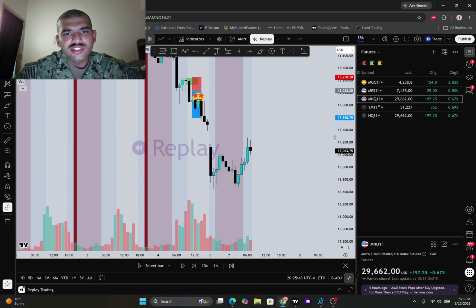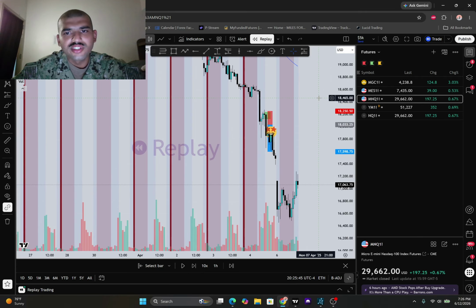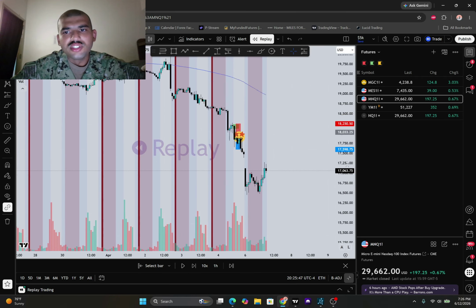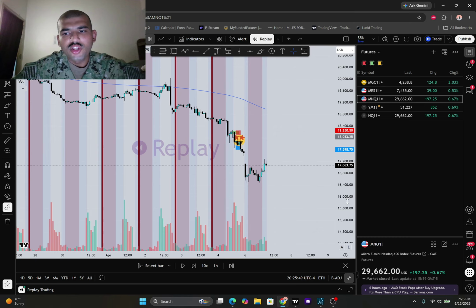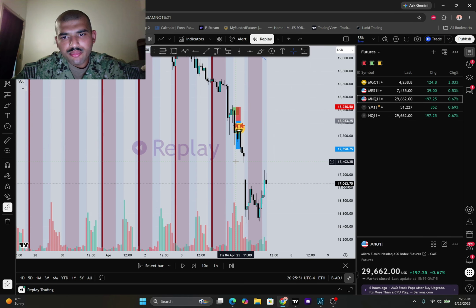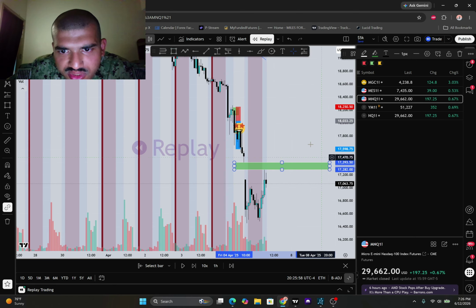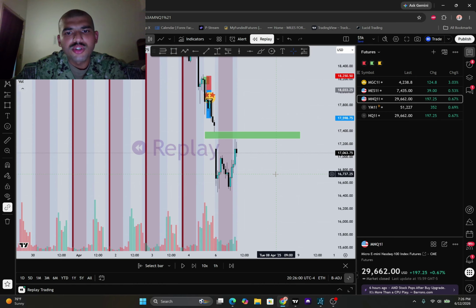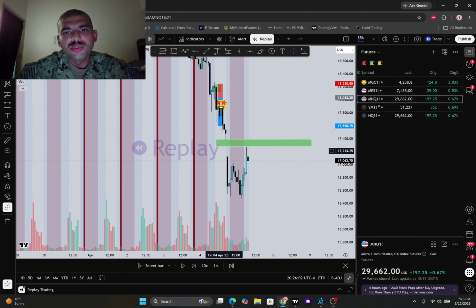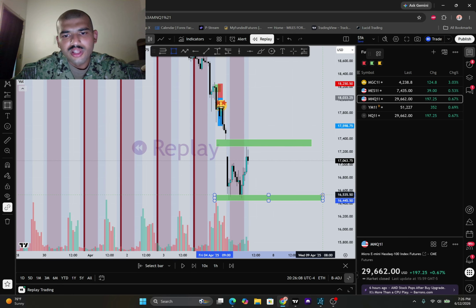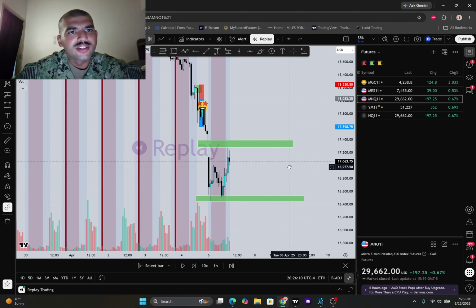So on the hourly, I mean, we see that it's continuing down, right? We see that we were on a downtrend right here. Market opened up with the gap right over here, but the gap has not been filled yet. So let me mark the area that's not been filled yet, because gaps always get filled in the market. So let me just mark that down. But what do we have here? We have this trend that's happening, but it failed to create a new low. So let me mark out this area of support right there.